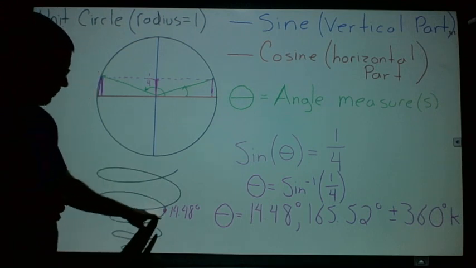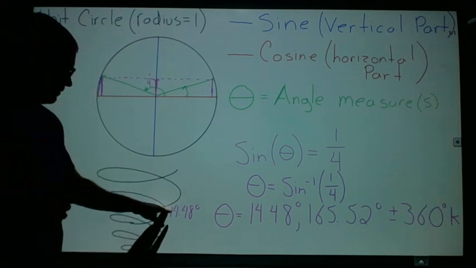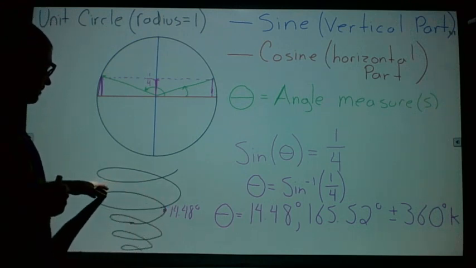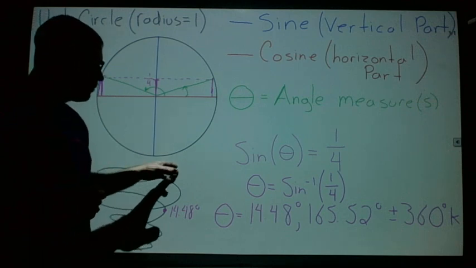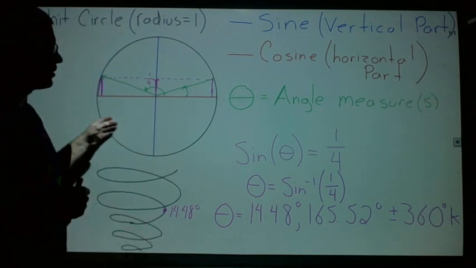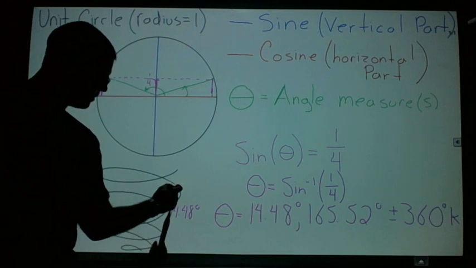So from our starting point, we went 14.48 degrees. Around here, we would have 165.52, but eventually we would make an entire circle